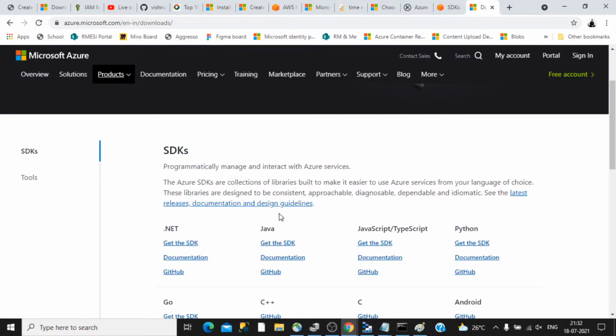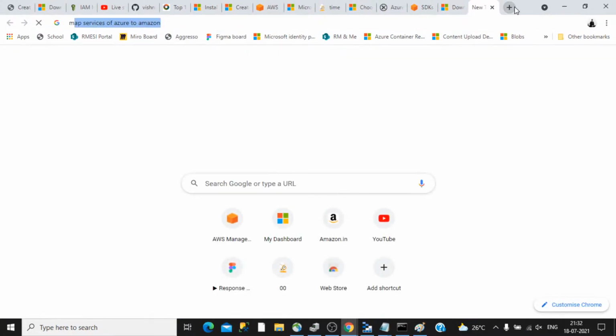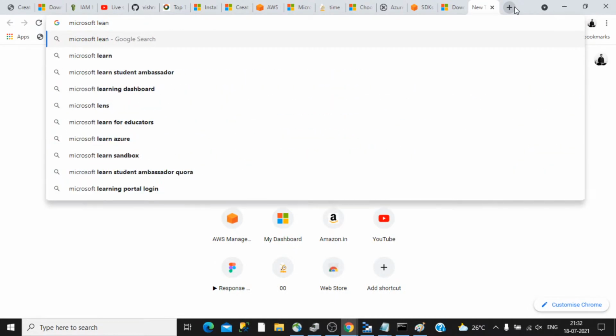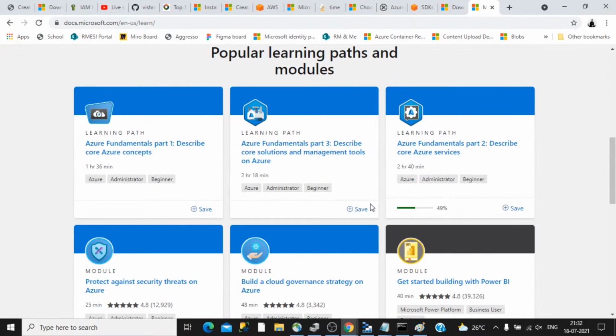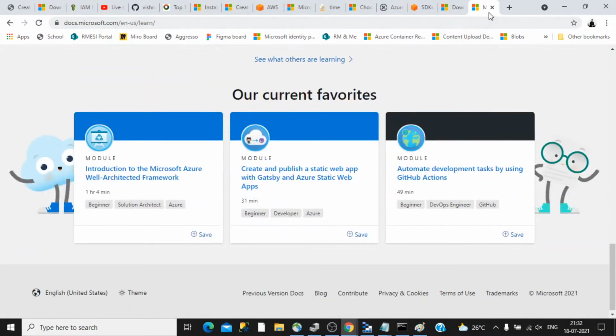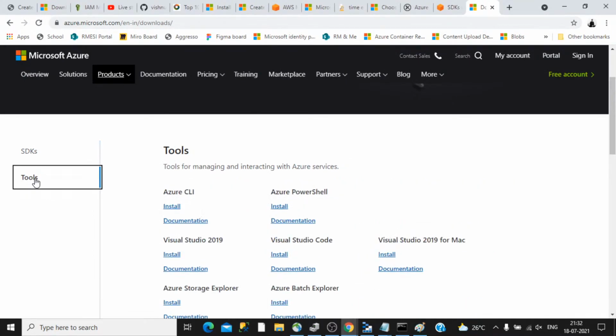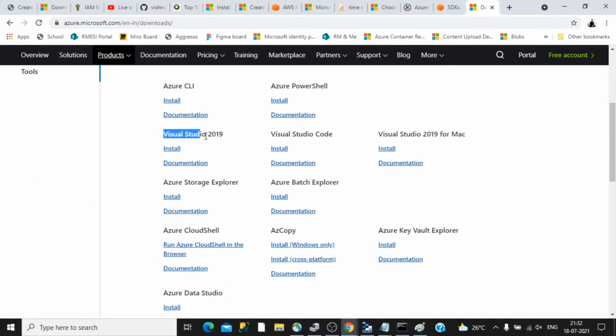Other options you can also rely upon. Then Microsoft Learn, as I explained earlier, is also a good resource for learning the different concepts that we are going to use in cloud computing. So you can follow that as well. Now with regard to the tools, there are different tools in terms of Azure. We already discussed the Azure CLI, which is a command line interface that you can use to connect. Then Visual Studio provides native integration with Azure as well as Amazon. Different plugins are provided, so you can use that to connect.